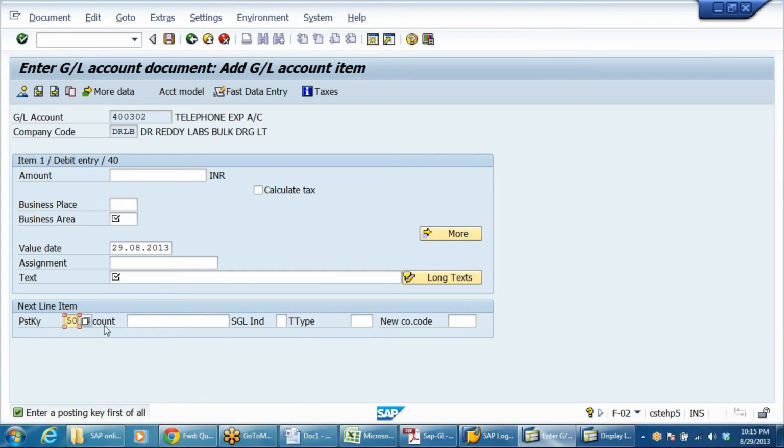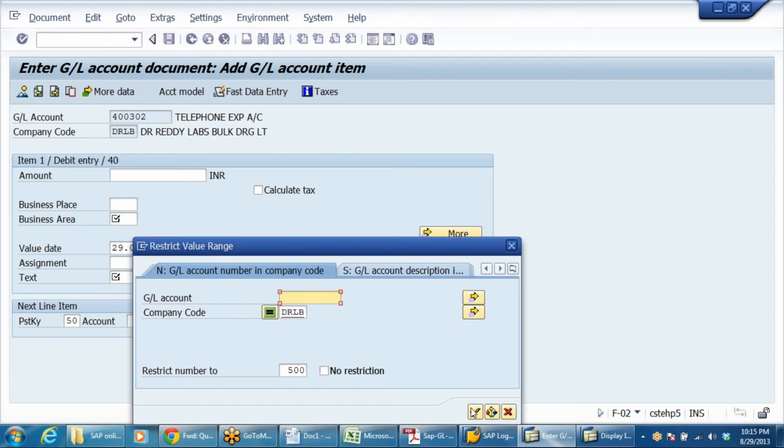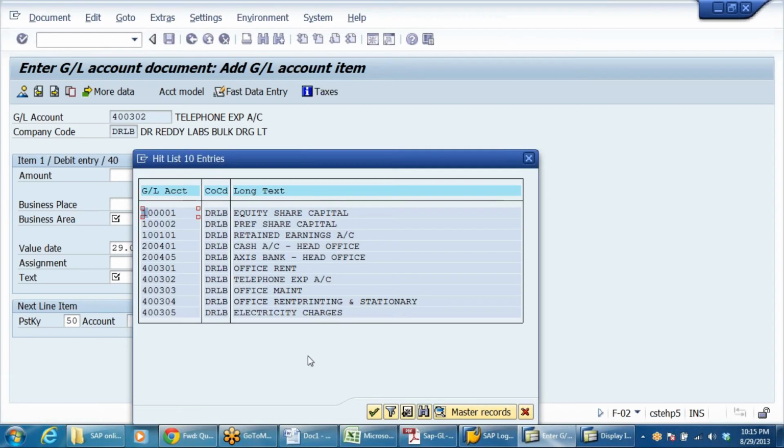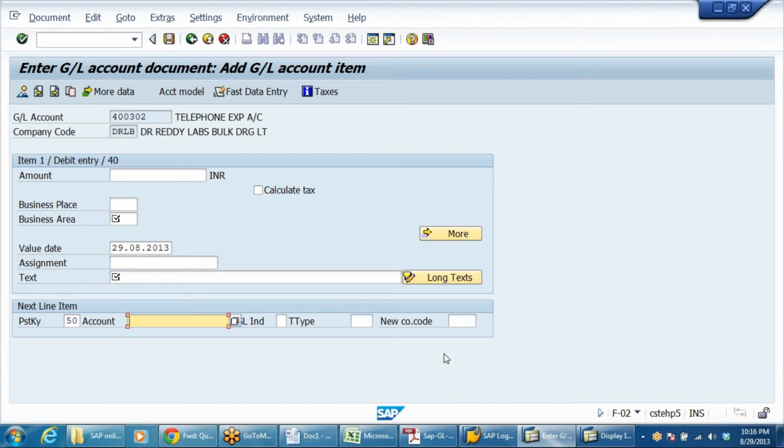If you go to an end user, he will tell you, because he is using it regularly, he'll remember. Otherwise, you need not remember, pick up from this list. Because I'm using it regularly, I remember. And if you go to a company end user, he'll remember everything. Also users will take a printout of the GL accounts and paste it in front of them.